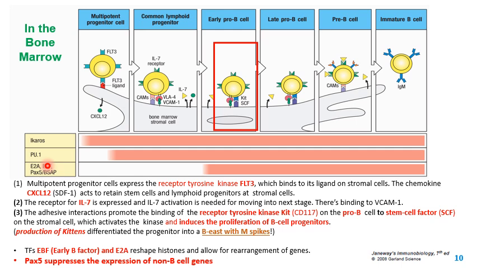Besides that, you're going to have expression of other factors. Look at this. You see this guy here? EBF, E2A, PAX5. Those are very, very important for commitment of your cell to the B cell lineage. Okay, so you have early B factor and E2A. What those factors are doing, they go straight into the DNA and they push some of those histones around. They're interacting with the DNA. So they're doing histone rearrangement in order to expose the genes that have to be reoriented for expression of the